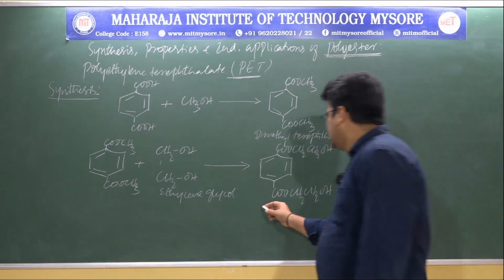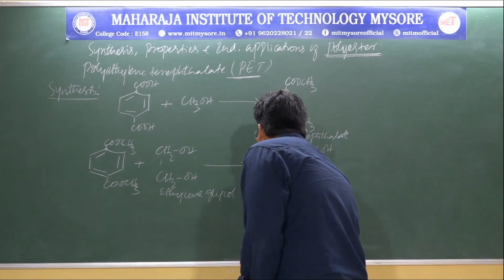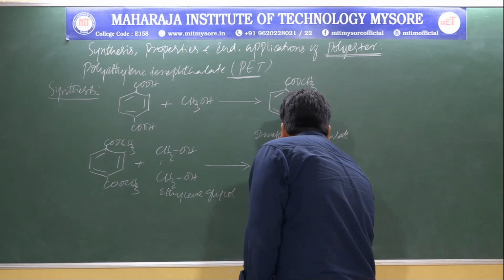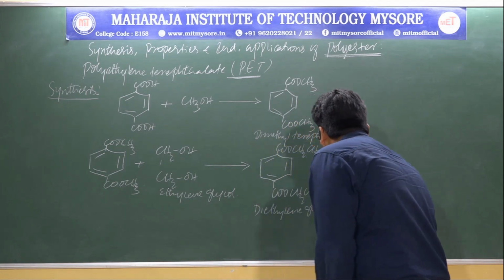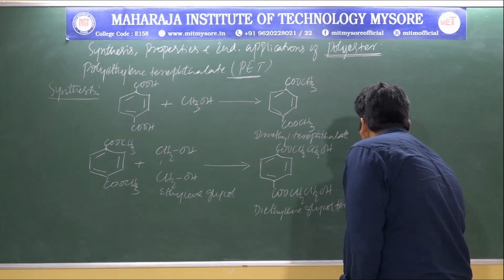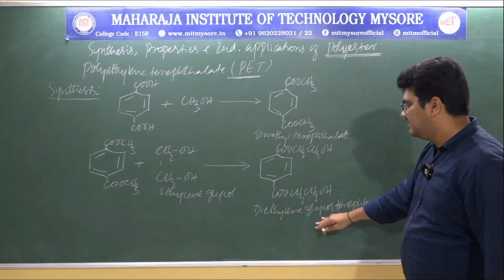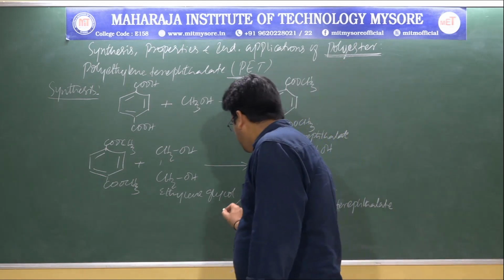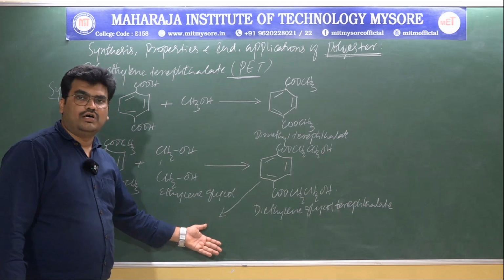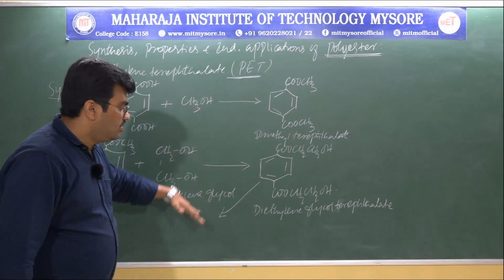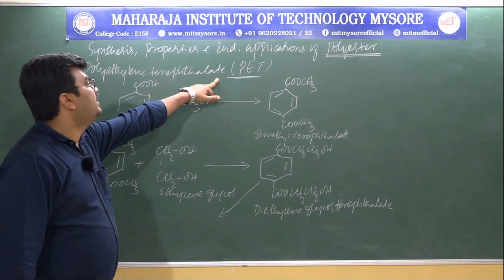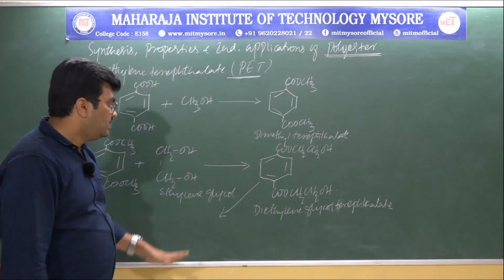So now this diethylene glycol terephthalate undergoes condensation polymerization with the elimination of simple low molecular compounds such as alcohol. We are going to get a long chain polyester fiber, and that is called PET, polyethylene terephthalate, and its